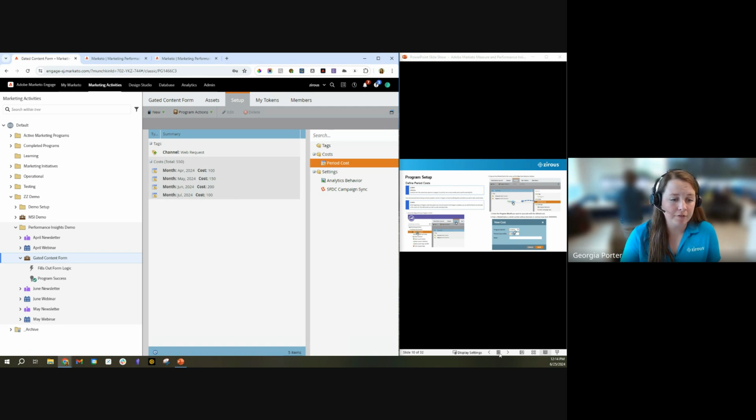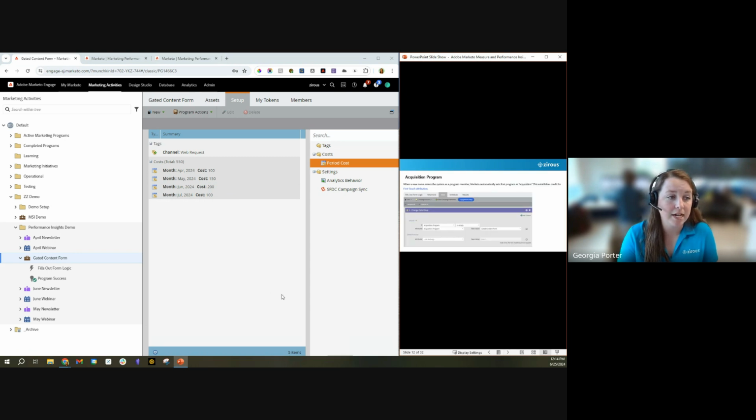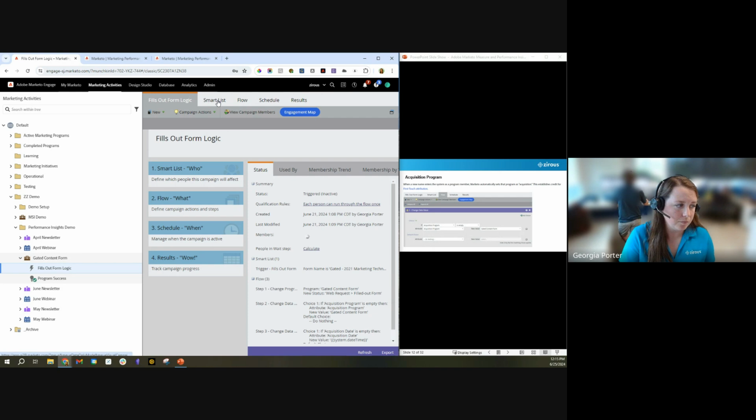Once you have a period cost, click through over here. The next key important piece is acquisition program. As Brandon brought up earlier, the difference between new names and successes. Your acquisition program is a field on your person record, and it gets filled with the first program that acquires the record's interest. As an example here, if we look at my fill out form Logic Smart campaign,